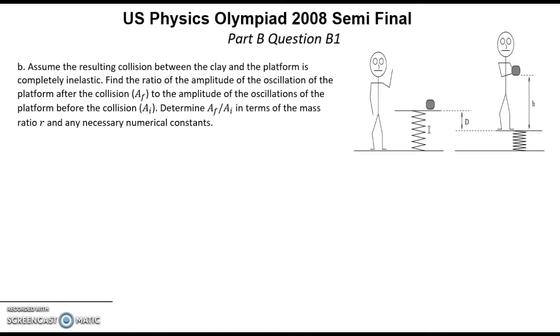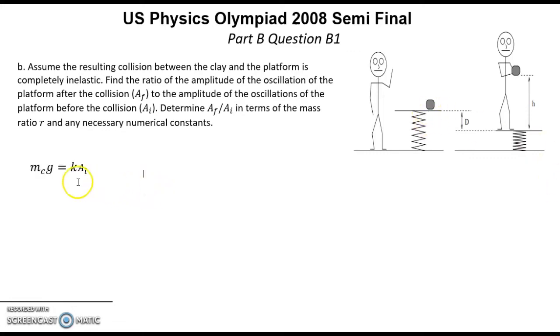But the new equilibrium we can find from the force of gravity created by the piece of clay, because before, the equilibrium position was right at this point, and now it must go higher by a distance,